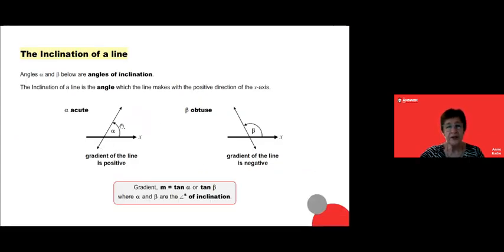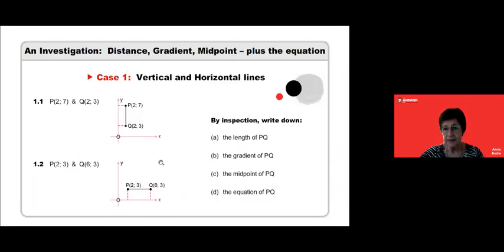If a line makes an acute angle with the x-axis, then we know the gradient has to be positive. And if the angle is obtuse, then the gradient will be negative. And to have an awareness of that. I have here a lovely little investigation of the common sense approach, which I would love you to share with your learners. And that is to have them establish in what I will call case 1 lines, case 2 lines,